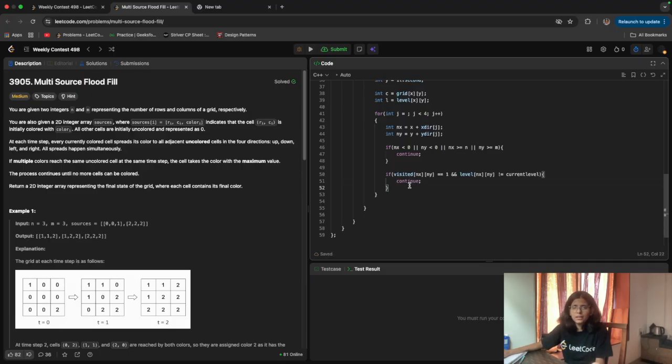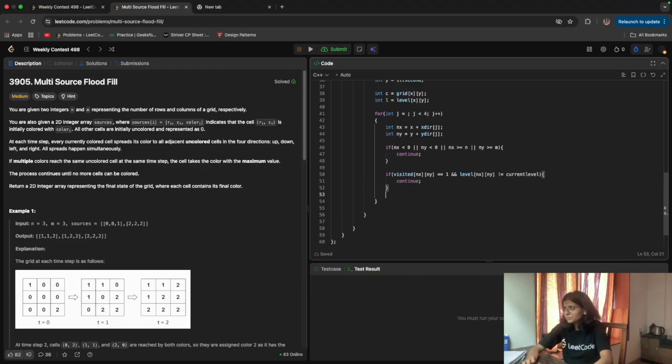We are not visiting that grid simultaneously. In short, to skip this value, if I have visited it before, then I don't need to go further and check the grid value. So for that I did this.